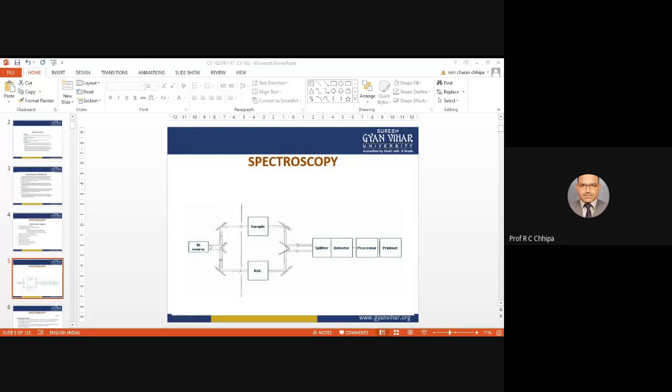In case of blood, with UV and visible spectroscopy, we get the amount of glucose present in blood. That is for the diabetes patient. Similarly, we can analyze the particular quantitative analysis, not only qualitative, even qualitative also, but we can get the information about the quantitative analysis. So this is the basic fundamental, simple.